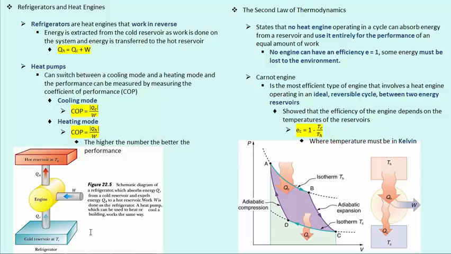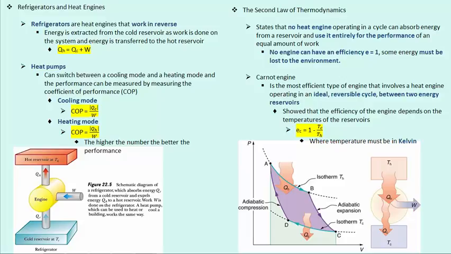So we looked at a heat engine in the last slide. Now we see we're given a refrigerator where the energy is absorbed from the cold reservoir plus the addition of work being done on the refrigerator, where the excess energy will then be transferred to our hot reservoir. So we know that the efficiency of an engine cannot be equal to or greater than 100%,